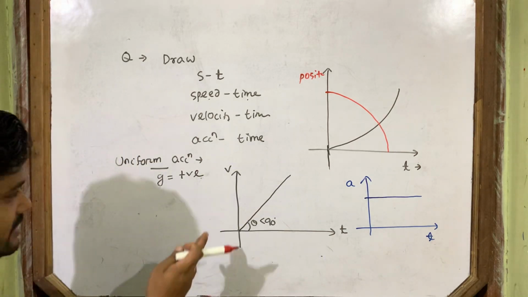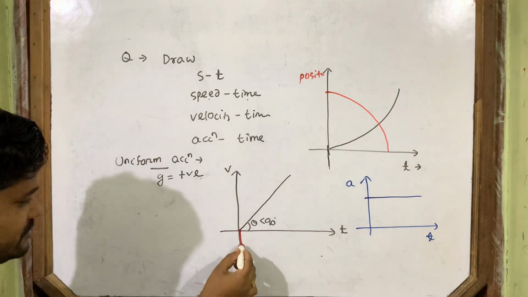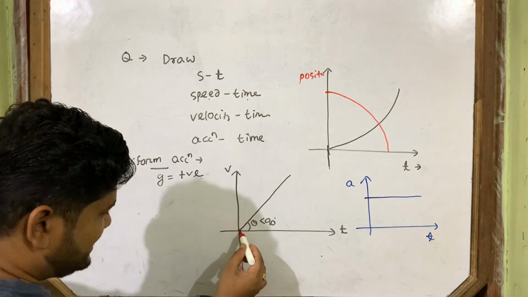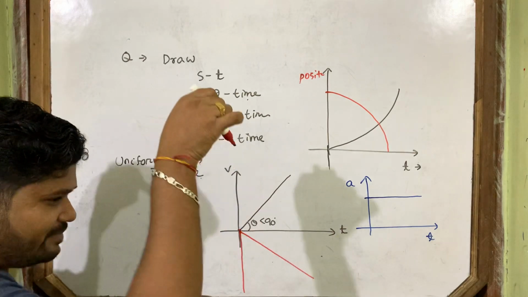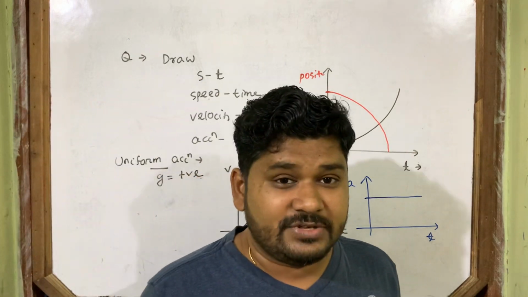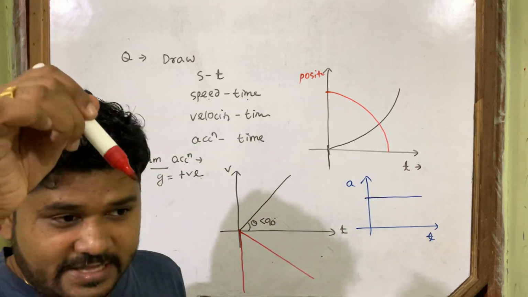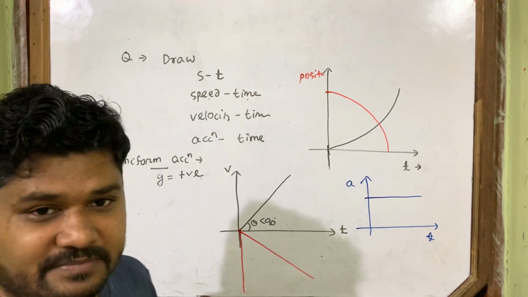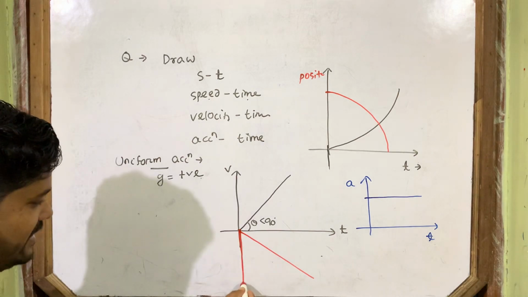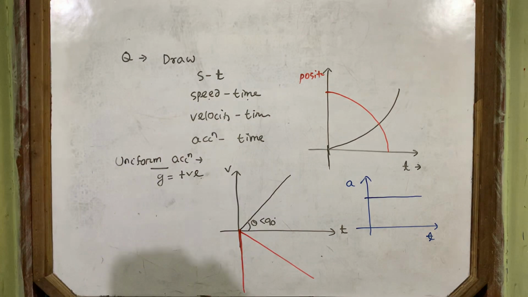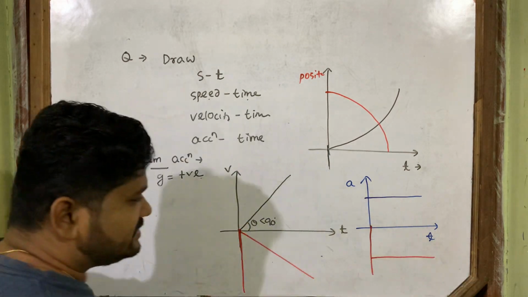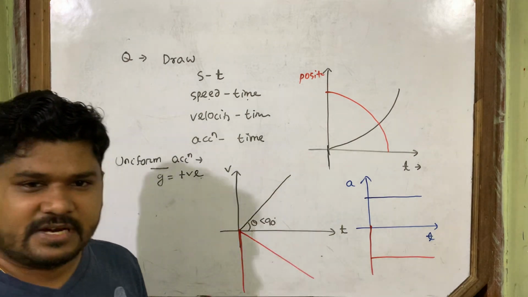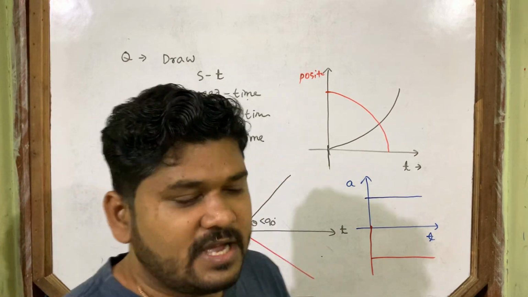And here this is velocity time. In some books it is given on this side also. I am drawing the graphs on this side in a red line. It shows it is coming downward. There is actually one sign convention: anything that comes downward is taken as negative. So some books take it as negative. In some books you find the acceleration like this. These graphs are also correct, no problem.